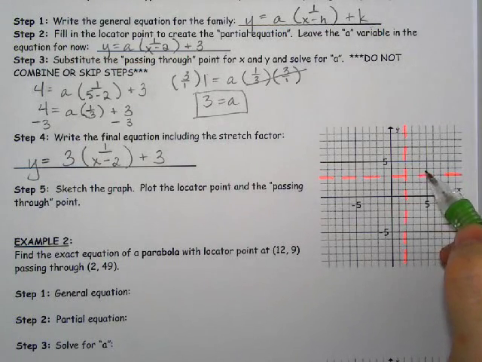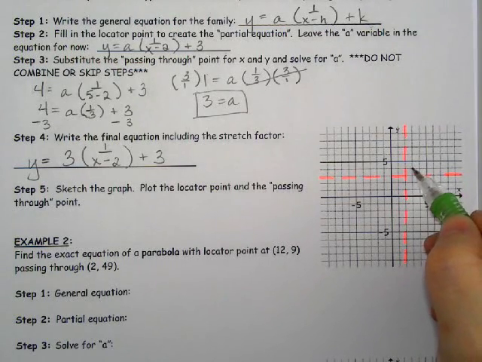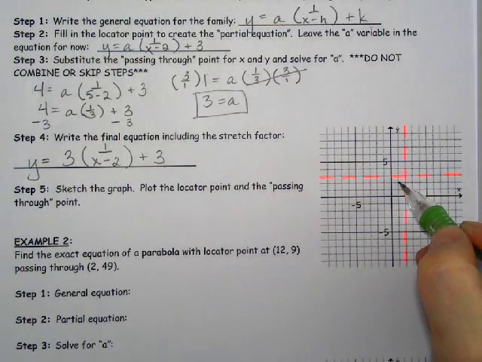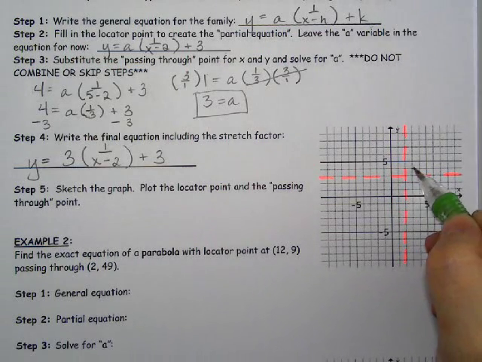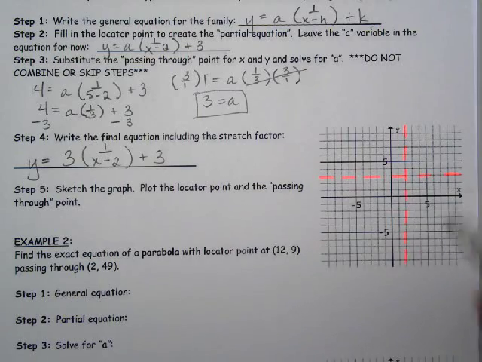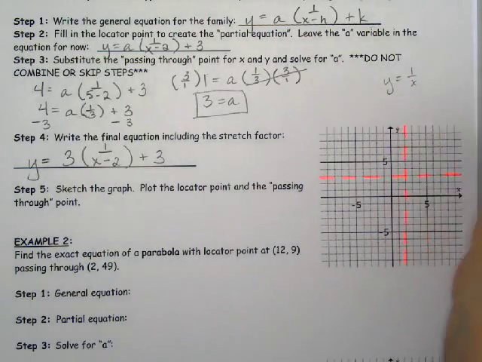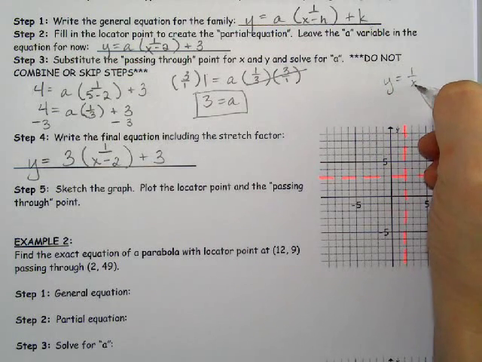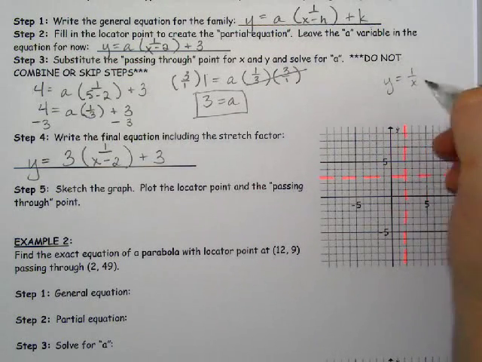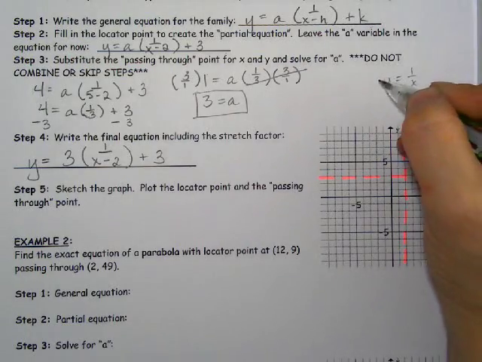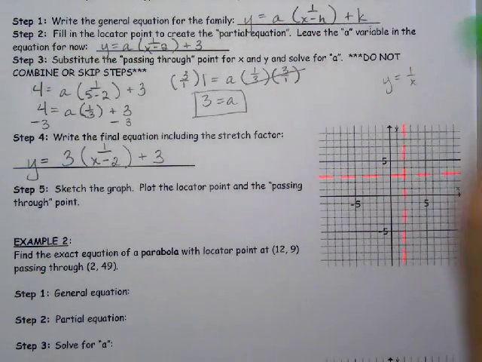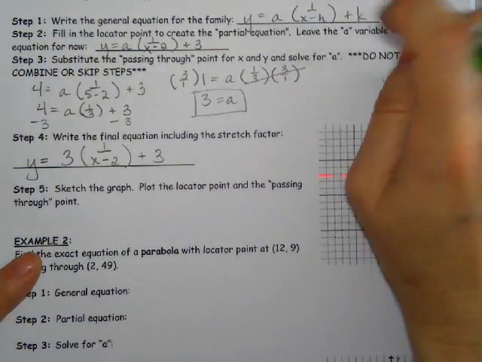So normally, when I put in this point right here and this point right here, these two diagonal points with a regular hyperbola, that's because if I have y equals 1 over x, and I put 1 in for x, then I'm going to get 1 for y. If I put negative 1 in for x, then I'm going to get negative 1 for y. So in this particular case,